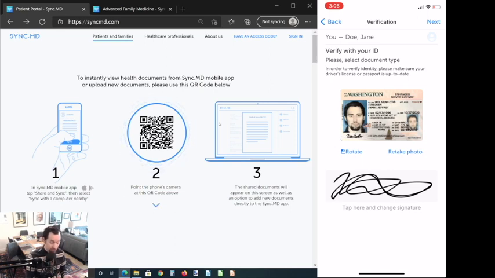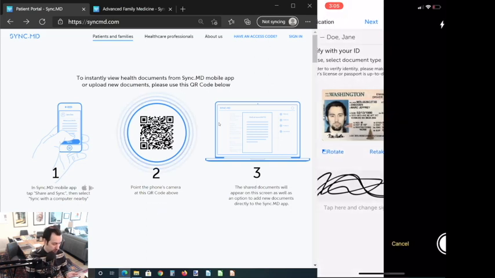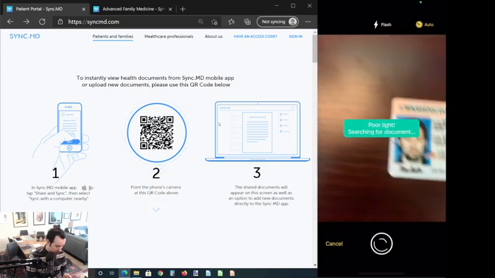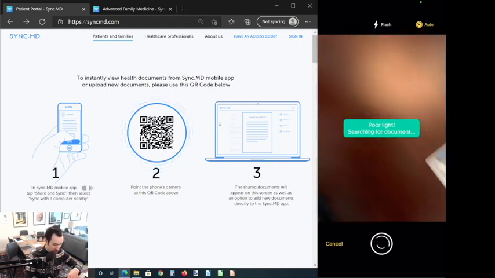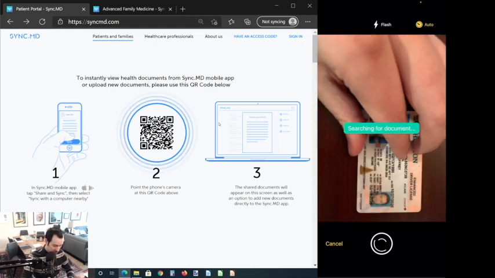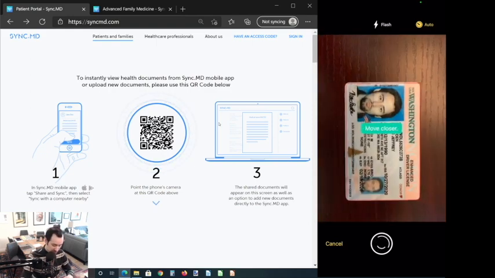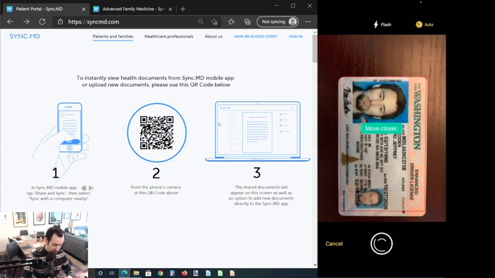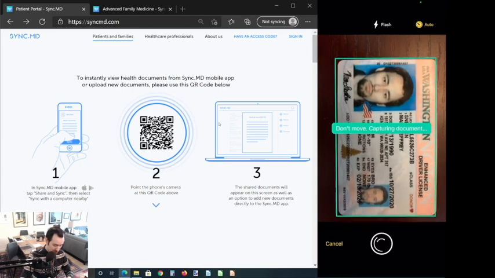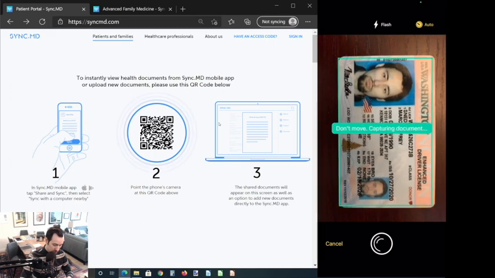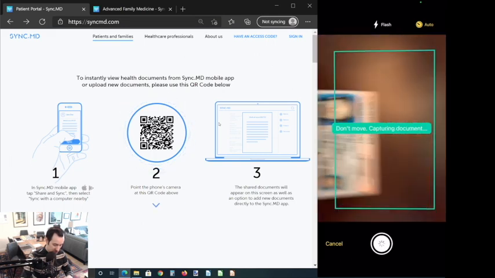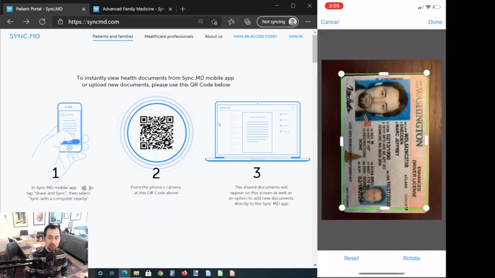In this case, it has saved my driver's license from when I first set up this account, but the normal user would see it blank and just be able to click Take Photo. In this case, I'm going to say retake photo, driver's license, and it's going to automatically open up my phone's camera in order to try to scan a driver's license. So I'll position my driver's license here on the table. I'll follow the on-screen instructions to move closer, and I'll hold it steady, and it will automatically take my driver's